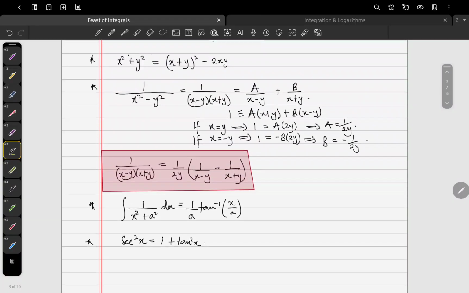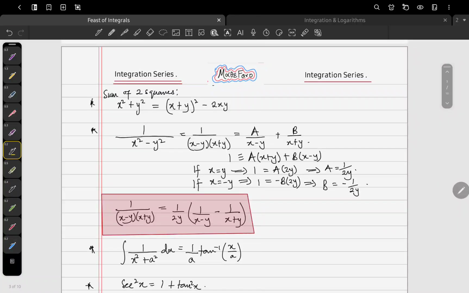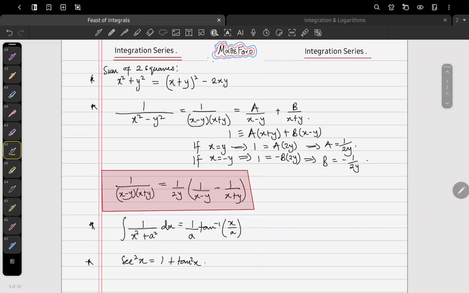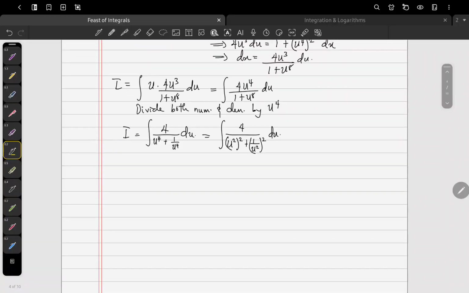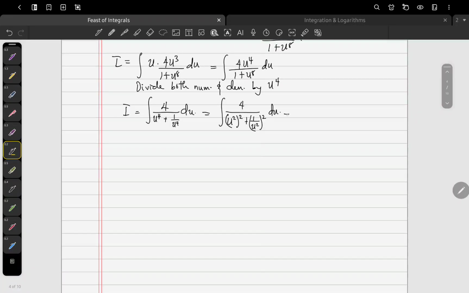And from our facts here, the sum of two squares, x squared plus y squared, is x plus y all squared minus 2xy. So if we use the same thing here, we're going to get the integral of 4 over u squared plus 1 over u squared